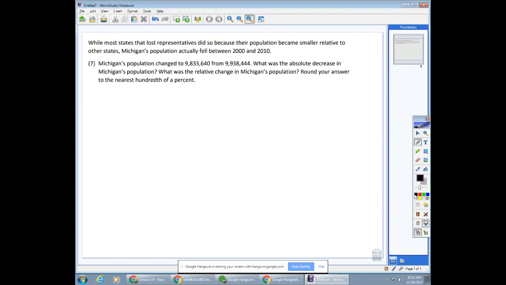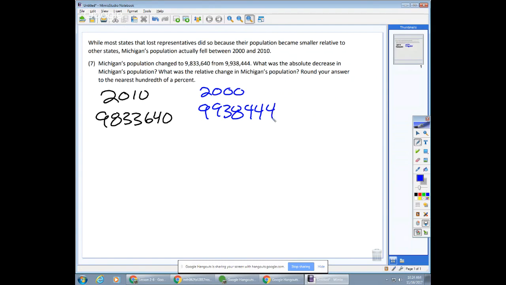So, 2010: 9,833,640. 2000: 9,938,444. Difference. What? Negative 104,804. So the population went down by